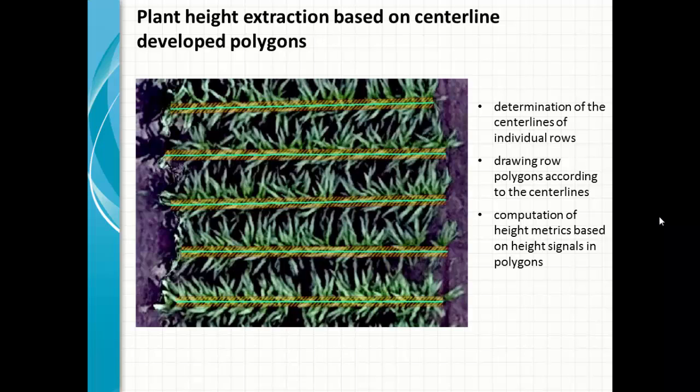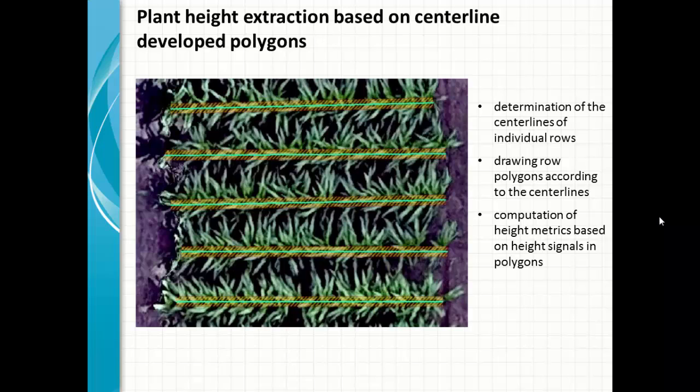Here is how we extract the height measurement from the canopy height model. Here we developed the centerline method to extract the height metrics. The first step is to determine the centerline of each individual row. Here you can see several colored center lines around the edge of